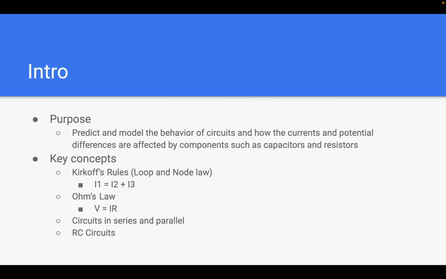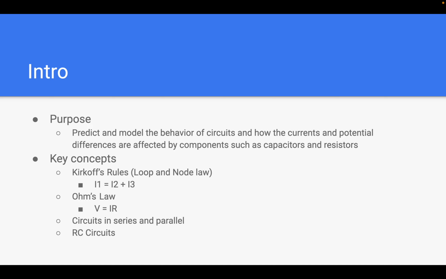Alright, so the purpose of this lab is to predict and model the behavior of circuits and how the current and potential differences are affected by components such as capacitors and resistors. And most of the key concepts that we're going to need for this experiment are going to be Kirchhoff's rules,